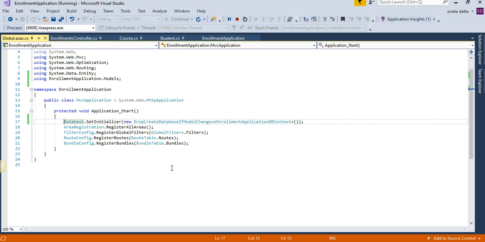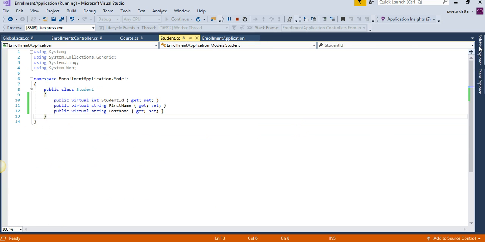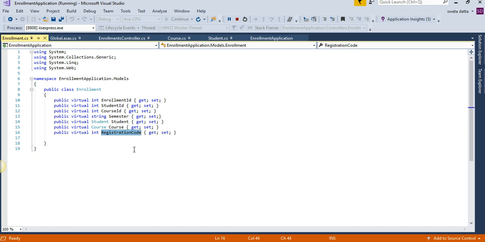And when you create a new database, it is going to add the new field. But remember, if you want to save the data, you need to add it to the bindings. So that won't happen automatically. You still have to make that change. But at this point, at least it will add a field to the database. I think we added a field called registration code or something like that. This guy will make it to the database now.